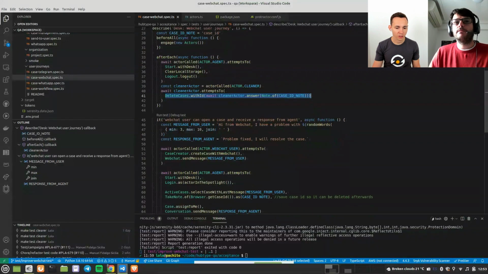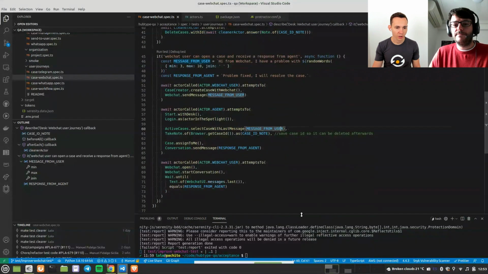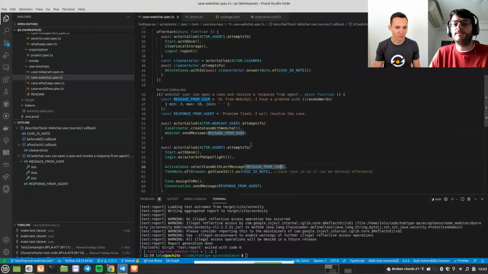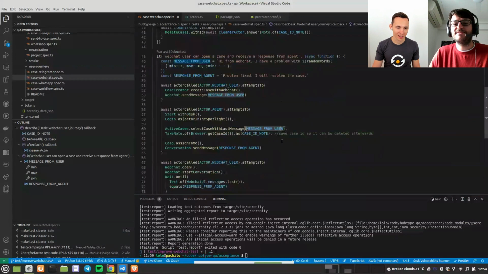Cool. So that's a third actor, right? So the third actor makes sure that any test data created during the scenario is removed after you finished. Yes, it will go through the API and delete the case directly. Okay, cool. So yet another interface, right? So we've got the web chat, we've got the desktop application, and we have the API. Very cool.